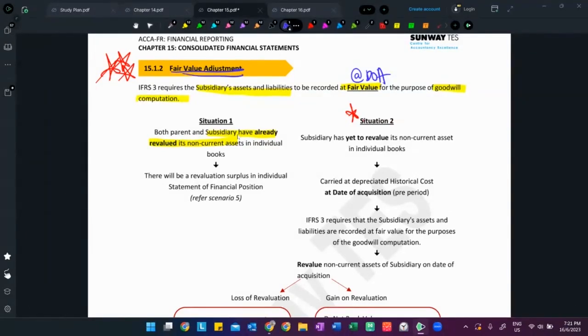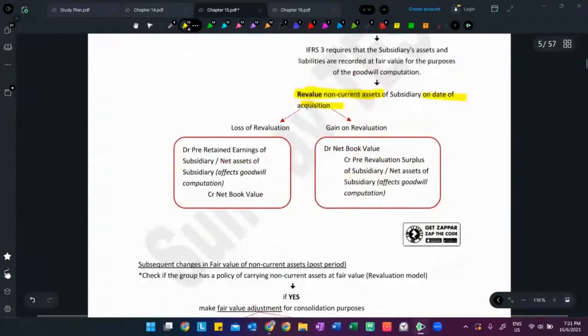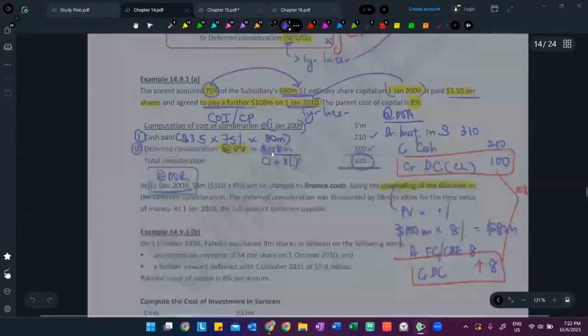So fair value adjustment will only come in if the subsidiary has yet to revalue its non-current asset. That means now the parent will have to revalue the non-current asset on the date of acquisition. If this is a gain on revaluation, then you will need to increase the asset's value and credit to the net asset. That means the net asset will increase and it must be credited to the pre, because all these adjustments are made at the date of acquisition. You will credit to pre-net asset of subsidiary and it will affect the goodwill computation, which means when you come back to look at the goodwill formula right here,